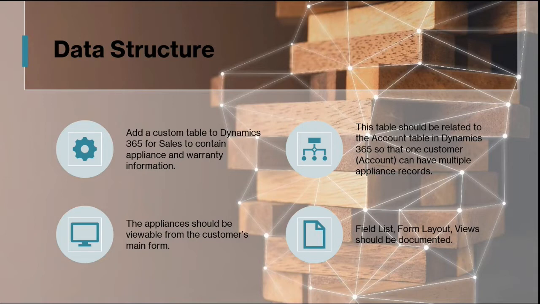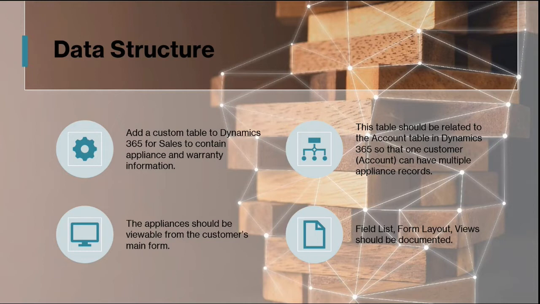So it could be a list of all of the appliances that they've purchased from us or that we service. The appliances should be viewable from the customer's main form so that if they call, someone pulls up the customer, it's right there. And then the field lists, the form layouts, the views, those should all be documented and